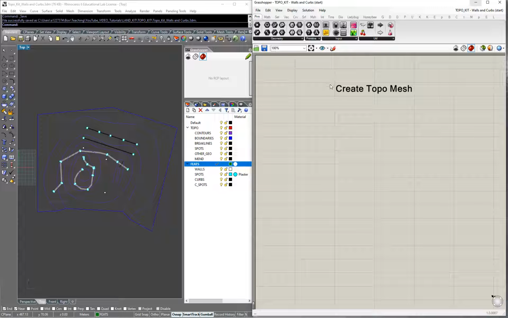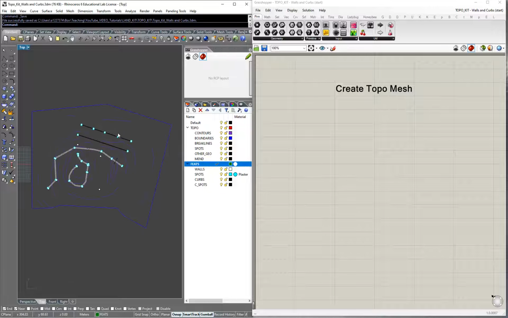So today we're gonna do again a topo mesh, and we're gonna modify this topo mesh using walls and curves. And also I will introduce some of the concepts of using breaklines and spots, and also other features to modify your topography. So first, I will show you the Rhino file that I have here, and I will describe